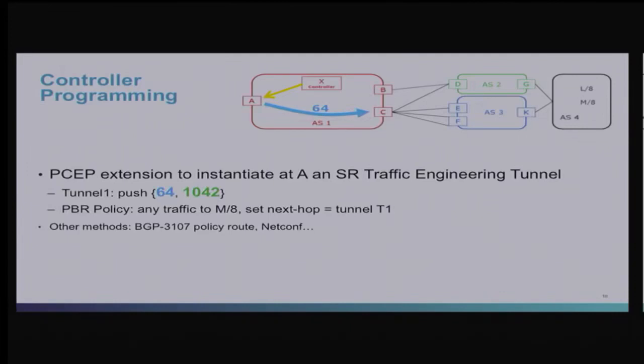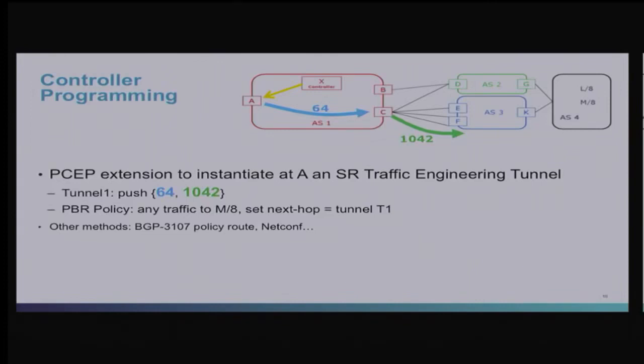So C is going to receive a packet where the top label is 1042, 1042 is popped, and the traffic is sent on the related interface to F. And so the traffic engineering decision, which was to steer the traffic from A to M/8 via C instead of the best path via B, and specifically the bottom interface to F of a transit provider blue, has been